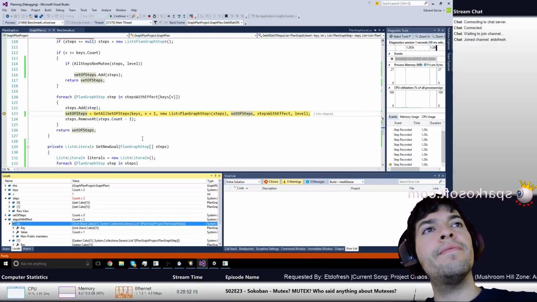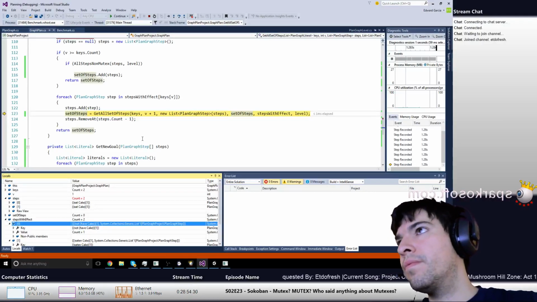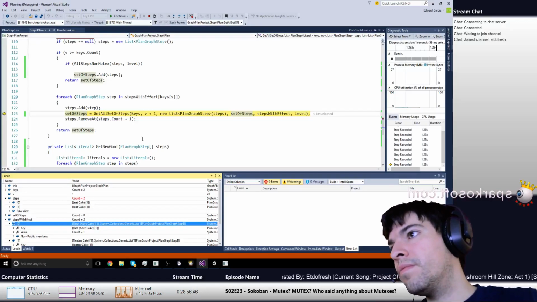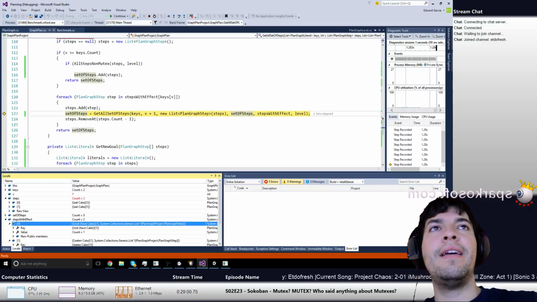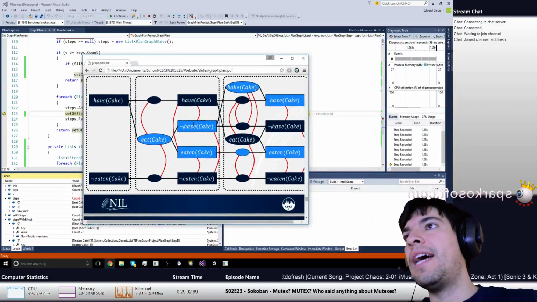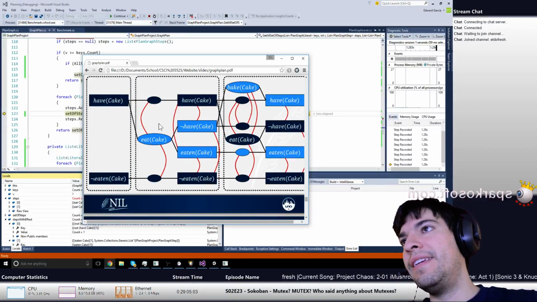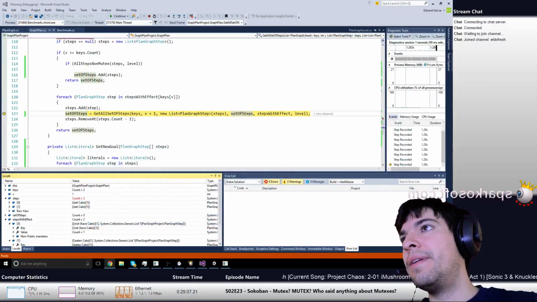Oh, okay. Basically, I think I see. The child of not have cake is eat cake, and the child of eating cake is eat cake. So now that we got both of those,